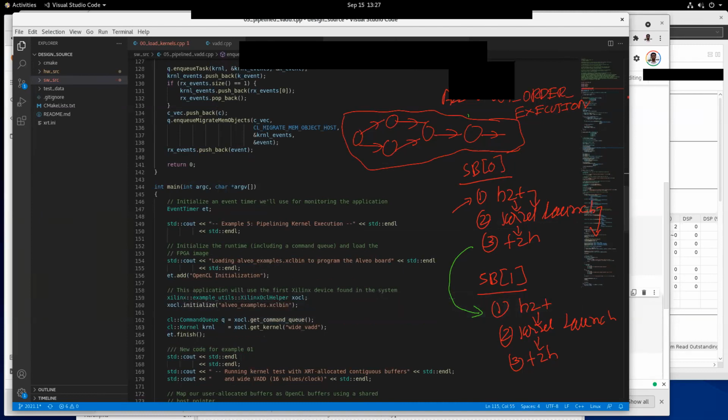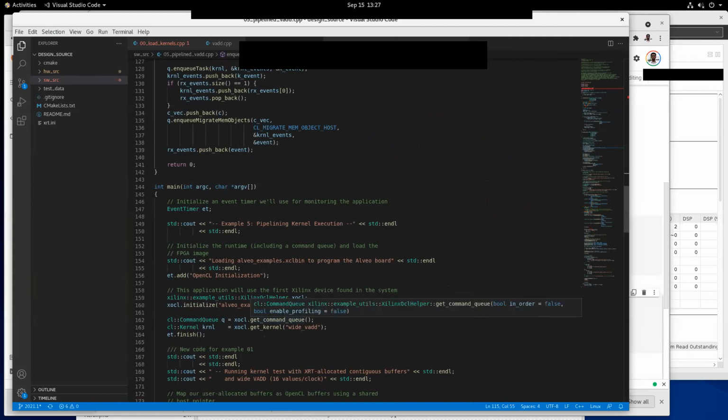If I hover my mouse on get command queue, you will see that in_order is equal to false. That is, we are telling it to create a command queue where in-order execution of commands is not necessary. So remember that. I think that's about it.